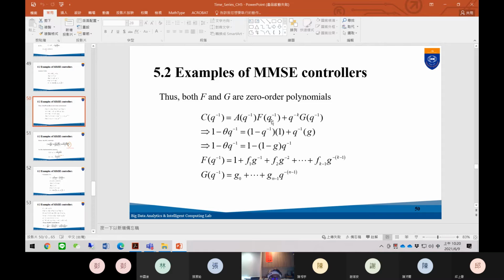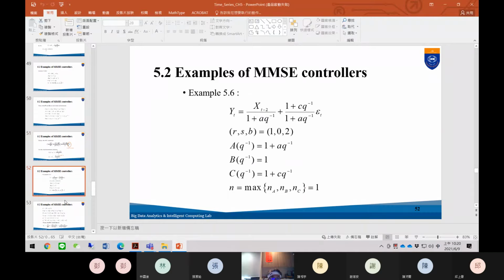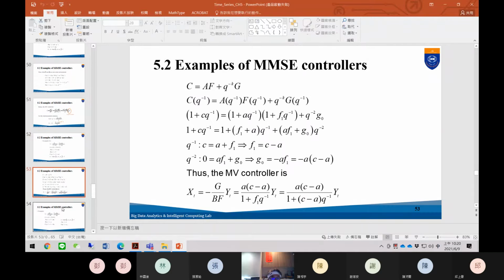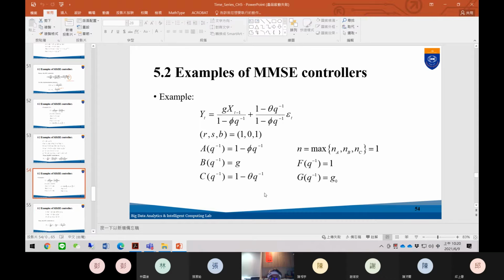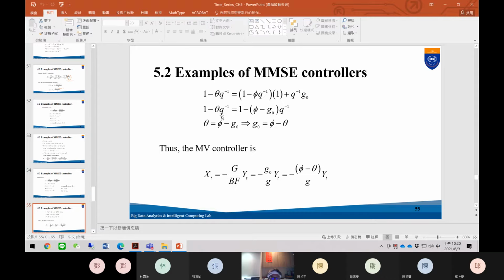C equal to AF and the backward operator minus KG. C equal to AF plus G. C equal to AF. And C right here equal to the AF plus the backward operator G. So just equating both sides in power-like manner, finally we find out,